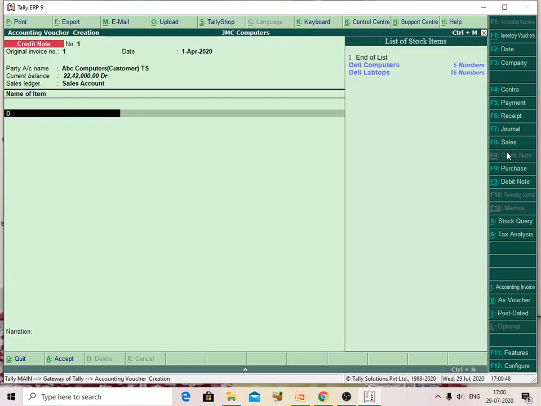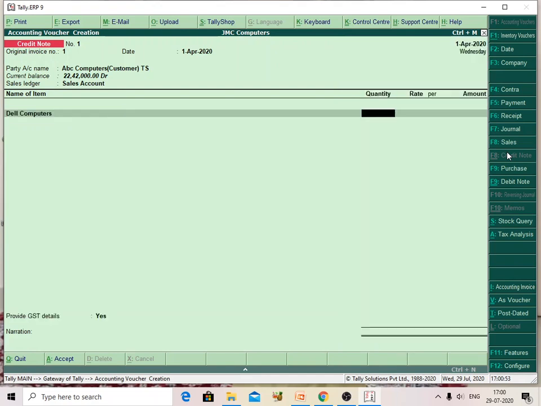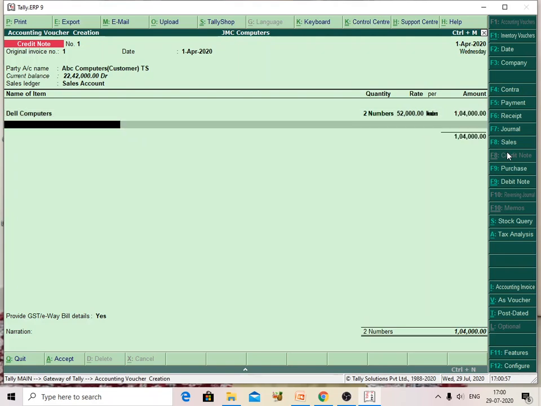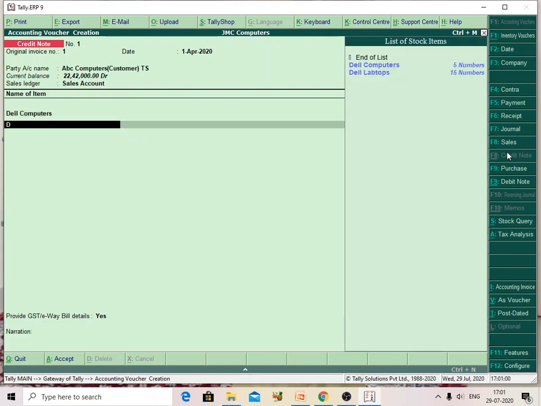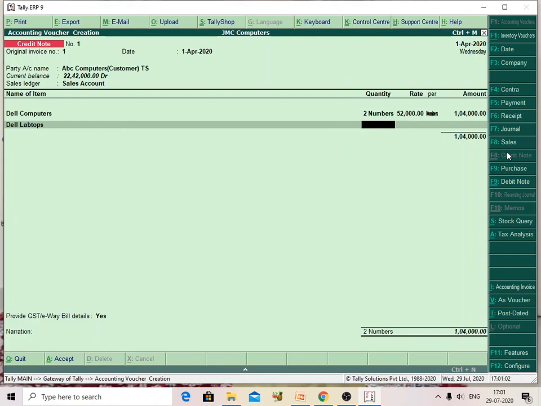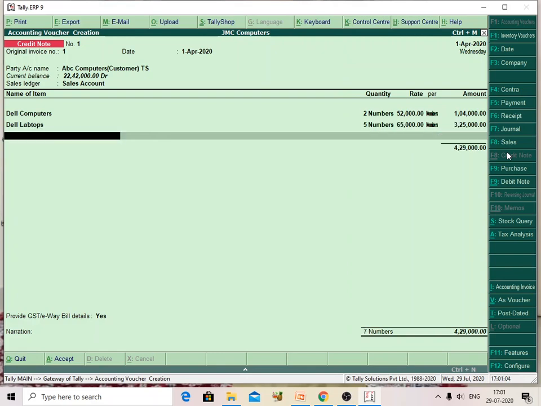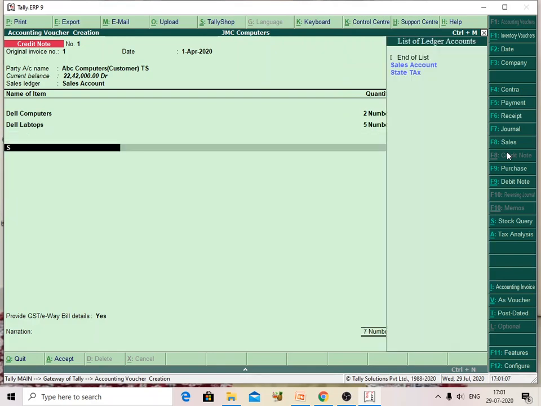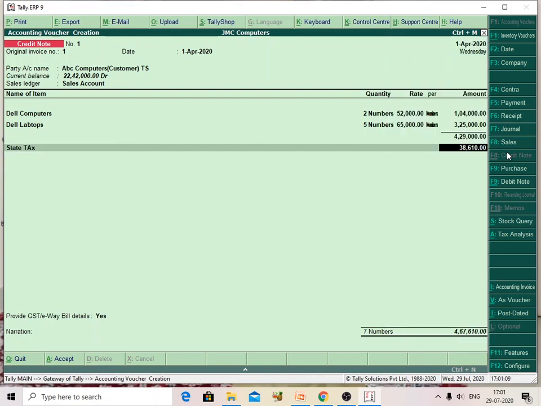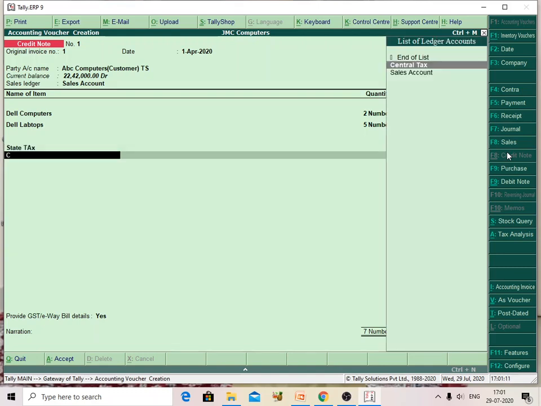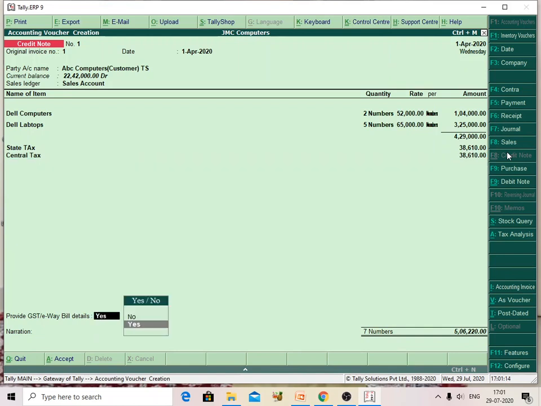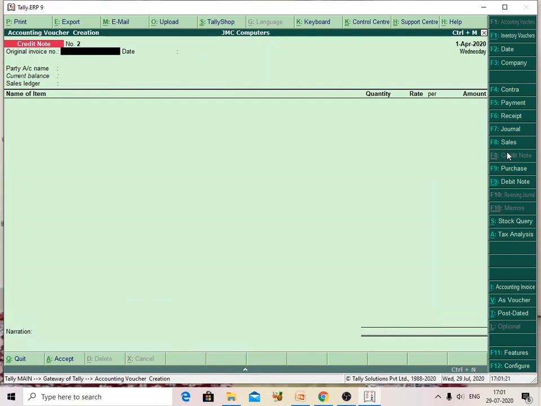Here, out of 5 computers purchased by ABC company, 2 are returned. And Dell laptops, 15 were purchased. Out of 15, 5 were returned. The sales tax is also adjusted, and central tax is also adjusted. If it is an e-way bill, I will say no. So we can create the vouchers.